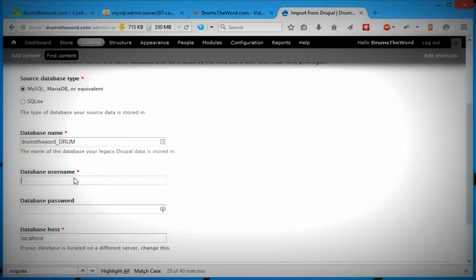I don't need to know that because I know my username is ThinkPad, which is my old Quake name from many years ago, and I know what my password is for that, and I'm not telling you because it's a secret. So once you've entered the database name, the username, and the password,